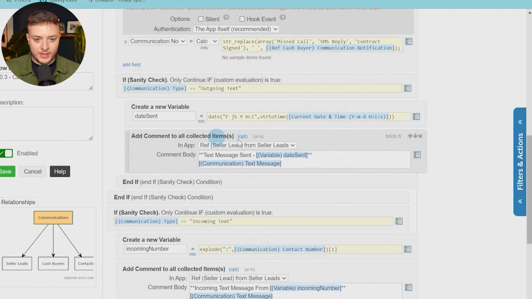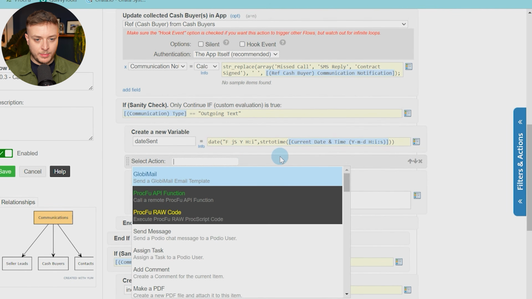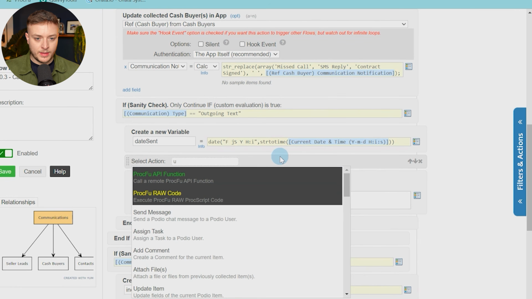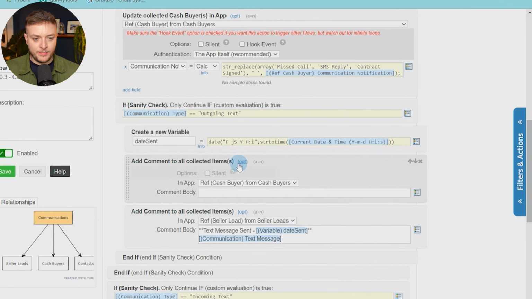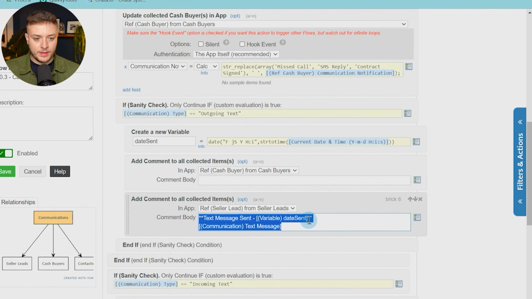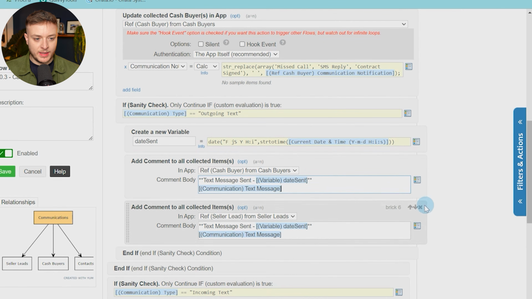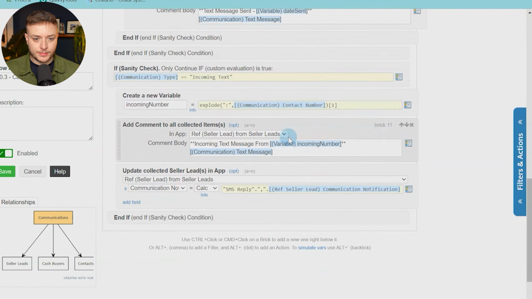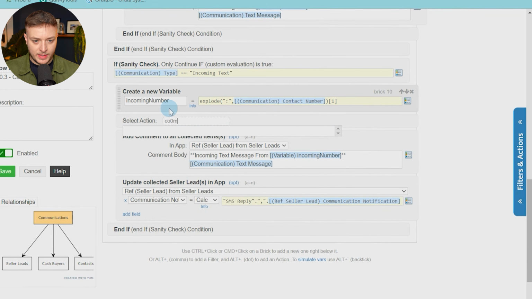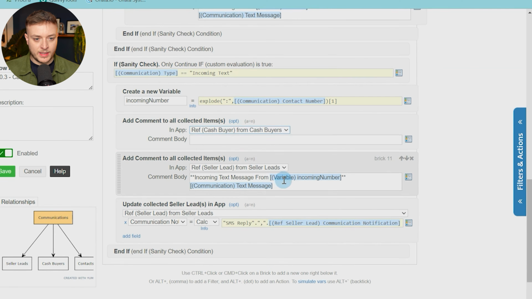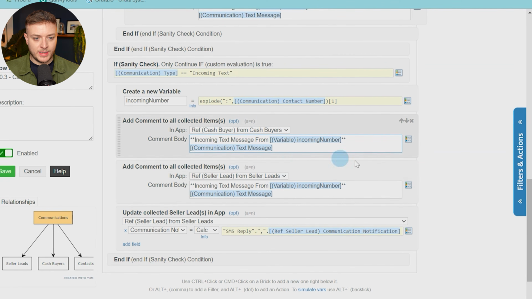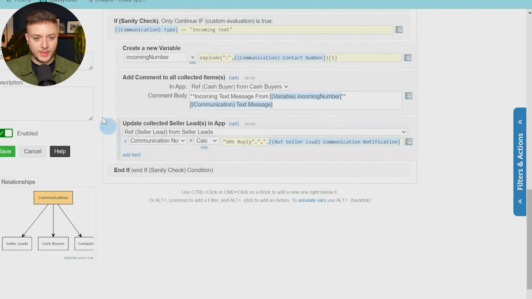And then here, where it says add comment to collected items, you want to just copy all of this, and then again, put a brick under it, adding comment on collected, and we're just going to basically select the cash buyer. I'll put this as silent. Again, copying this, pasting it in here, removing this one. And then finally, again, comment on collected, add the cash buyer, copy this, paste it in here, remove this one,